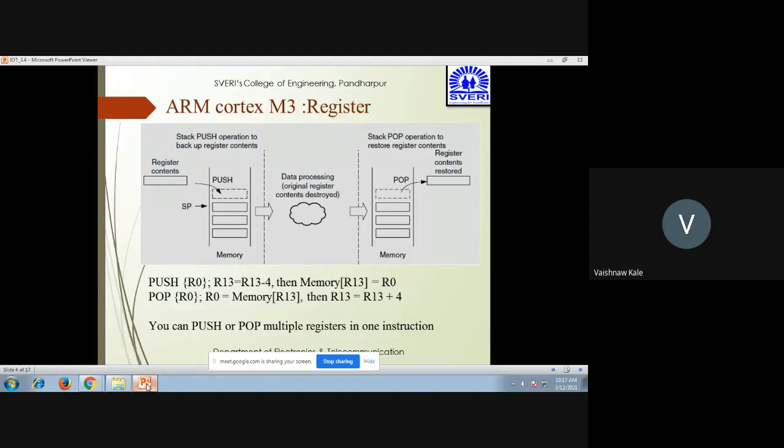So how is the content read and written this way? If you want to go for the process push, and what will happen if we go for the process pop. Push is R0, R0 equal to R0, and R13 equal to R13 minus 4. So the R13 register is going to be used. If you are going to use push, then you write it as R13 minus 4. So this will be R0 equal to R13.